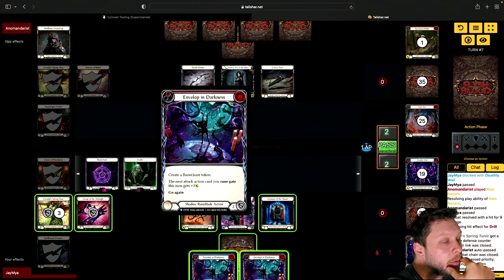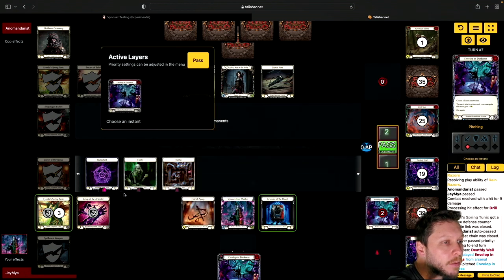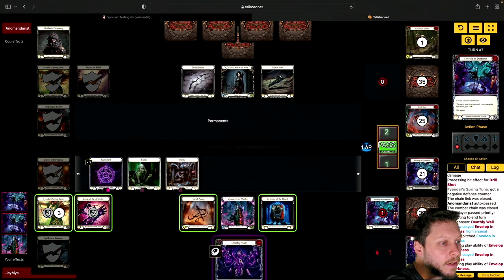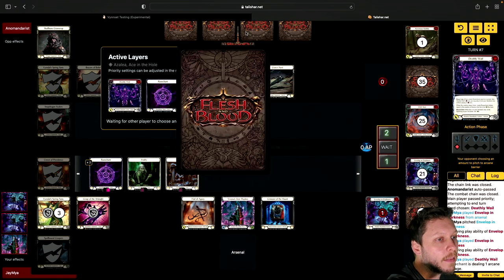This Deathly Wail is going to be for 12, though, which I think we just do it all. So yes, we will take the life. This one, obviously, no, because we don't want to die. Now we present them with 3, so they have to give us a... They will go to 1 no matter what. They have to give us a yellow. And then they have to...